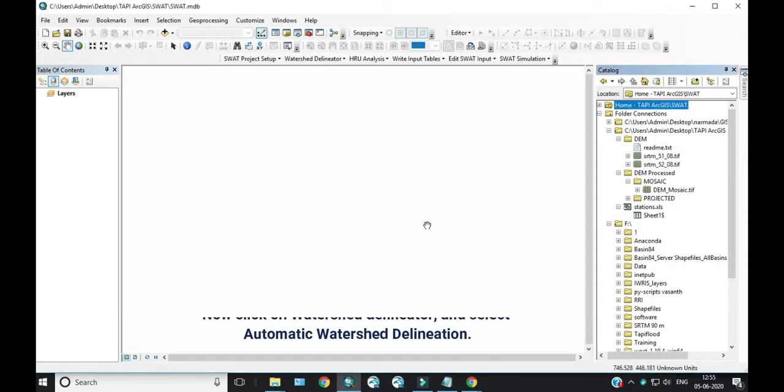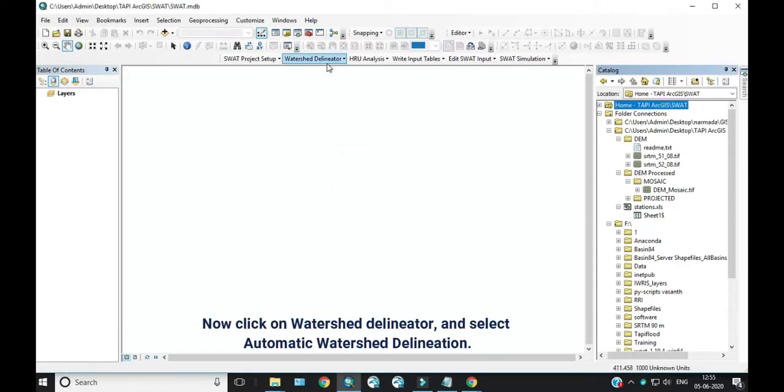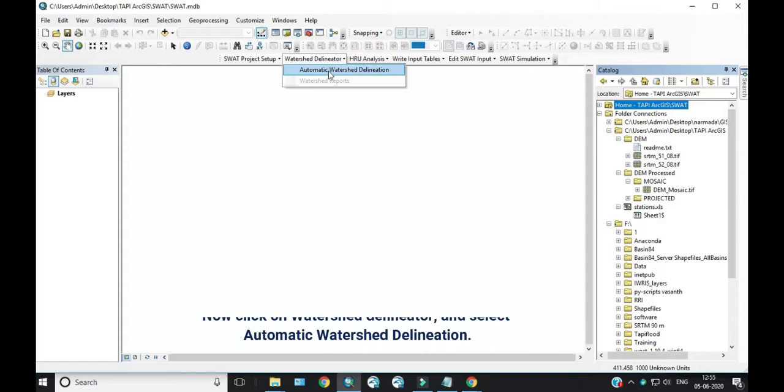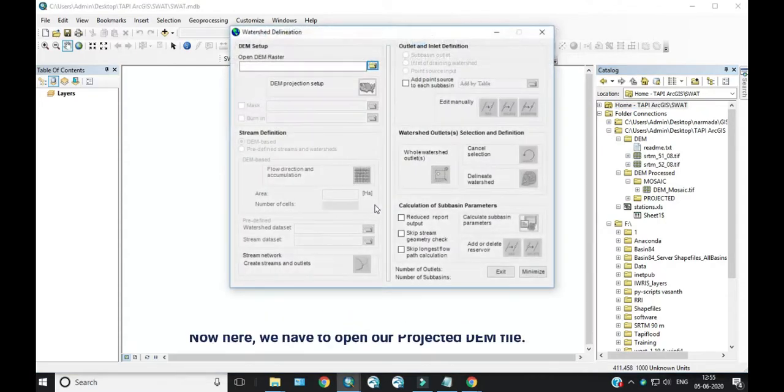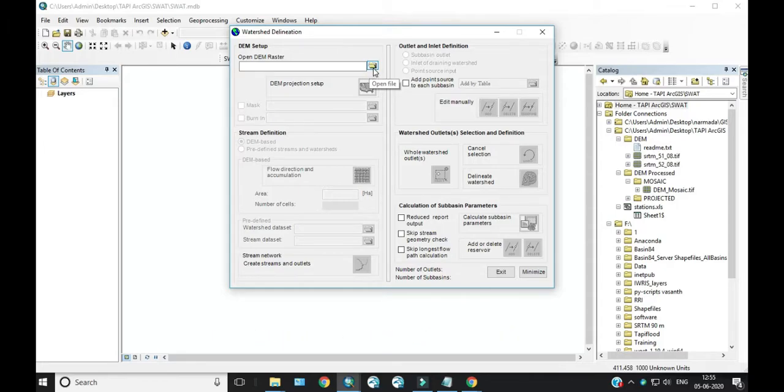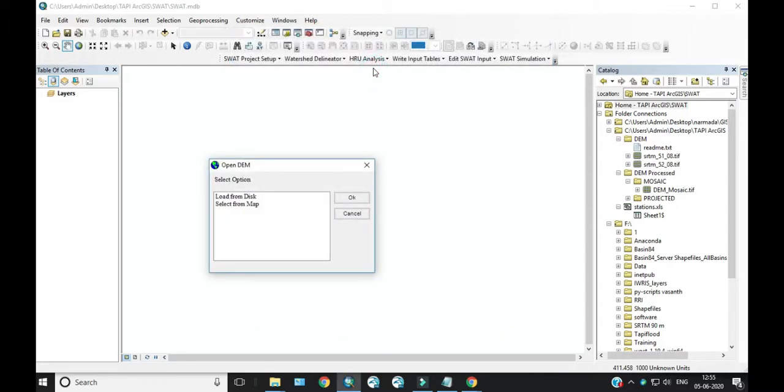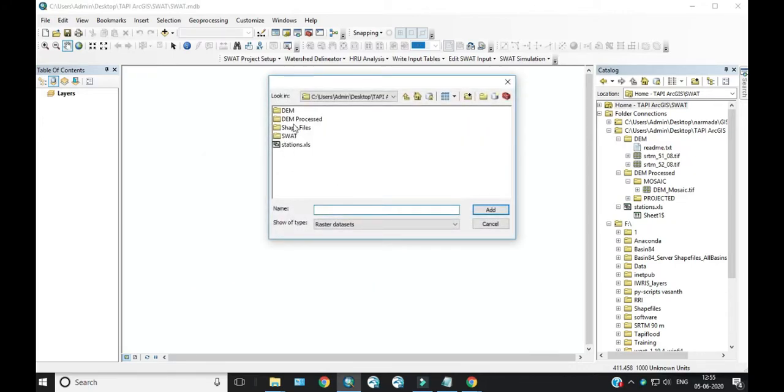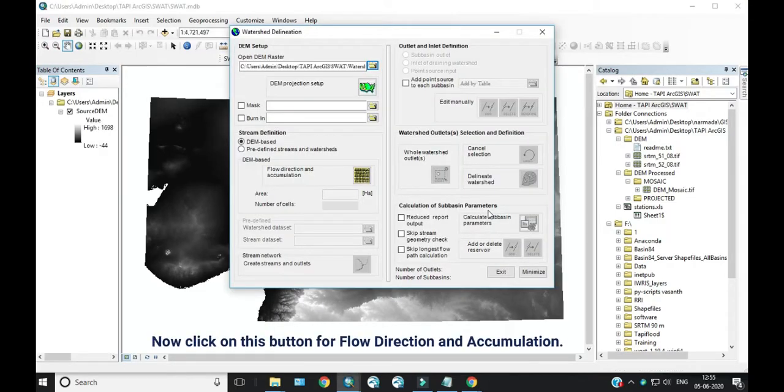Now click on watershed delineator and select automatic watershed delineation. Now here we have to open our projected DEM file. Now click on this button for flow direction and accumulation.